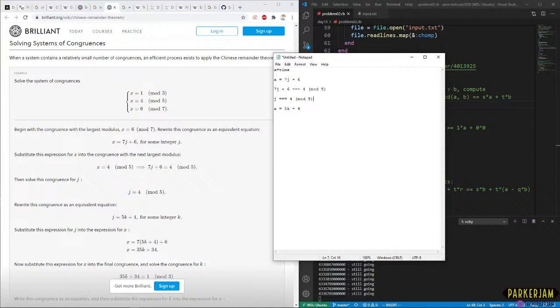That's, I guess, on this solution, where I'm getting a little stumped, because why is j congruent to 4 mod 5? Is it something with congruence where you just drop all the pluses and the multipliers, and you can just do that? Oh, j is 5k plus 4? Okay, I'll buy that.